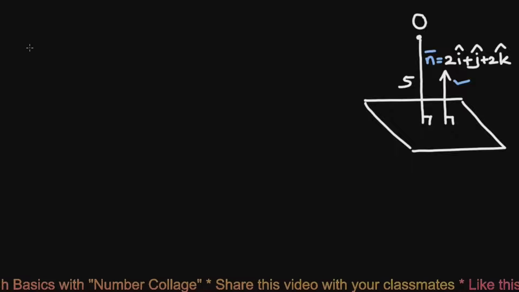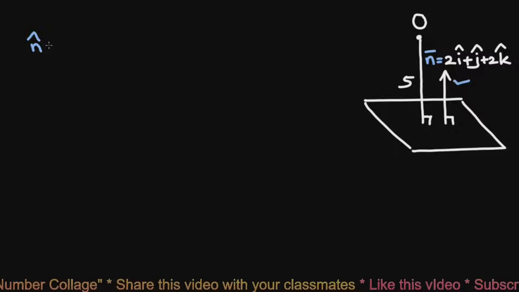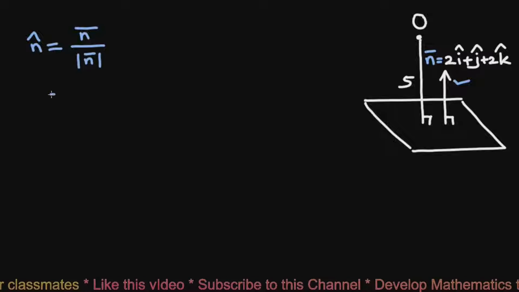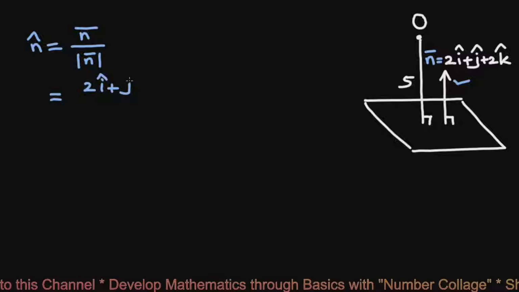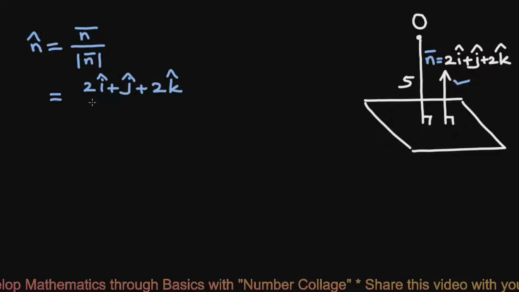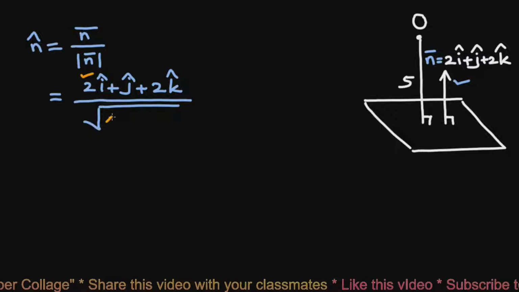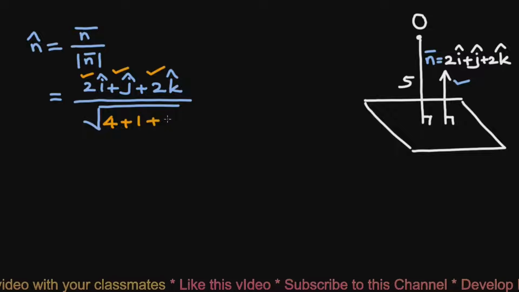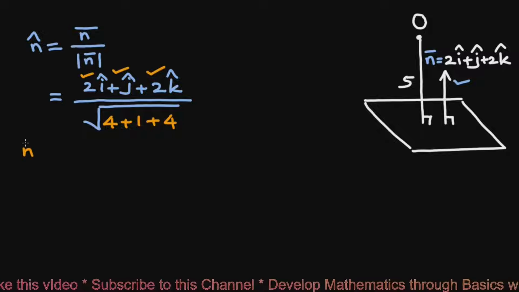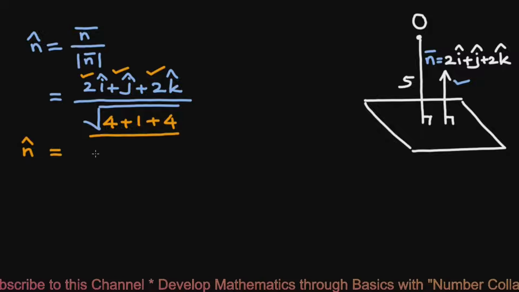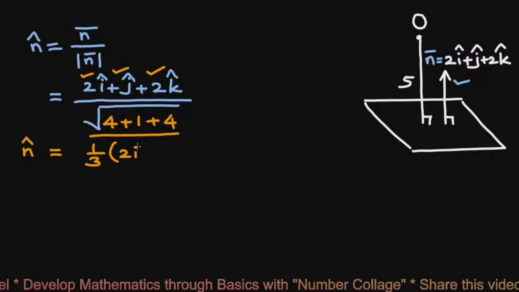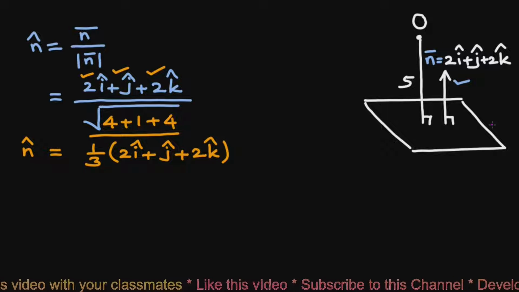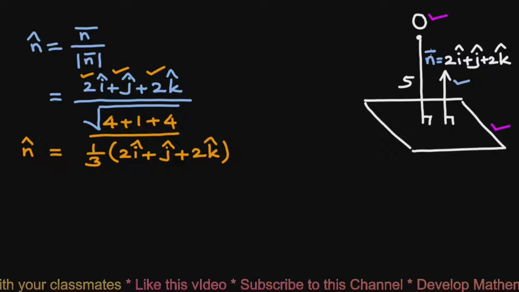So first let us find unit vector n cap equals n bar upon mod n bar, that will be 2 i cap plus j cap plus 2 k cap upon square root this 2 square 4, this 1 square 1 plus this 2 square 4, that will be n cap equals this will be 3, so 1/3 2 i cap plus j cap plus 2 k cap, and the distance of this plane from the origin is given to be